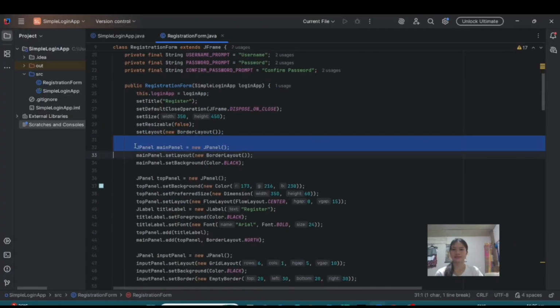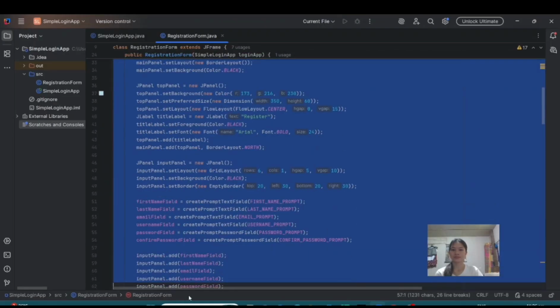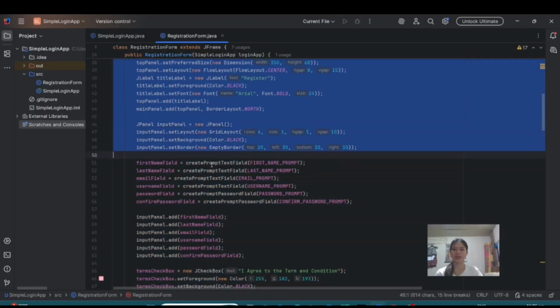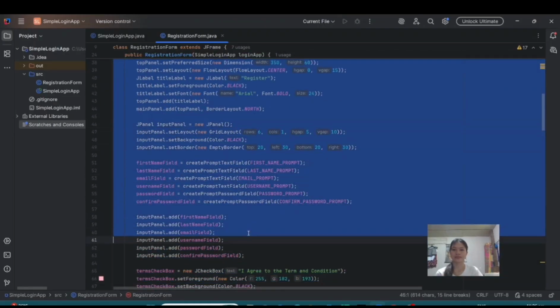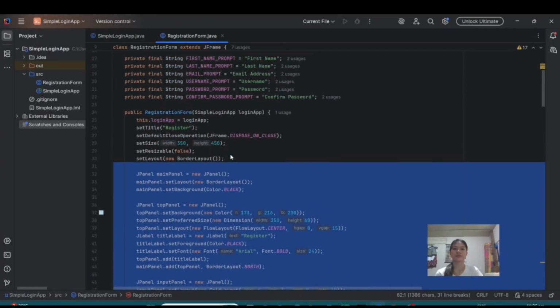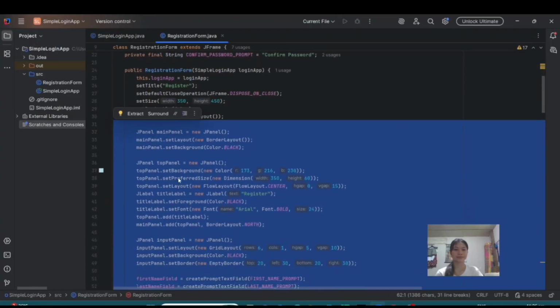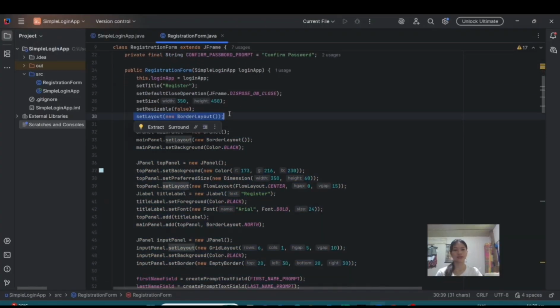And then creating and arranging the panels, the main panel, top panel, and input panel, to organize the components visually.